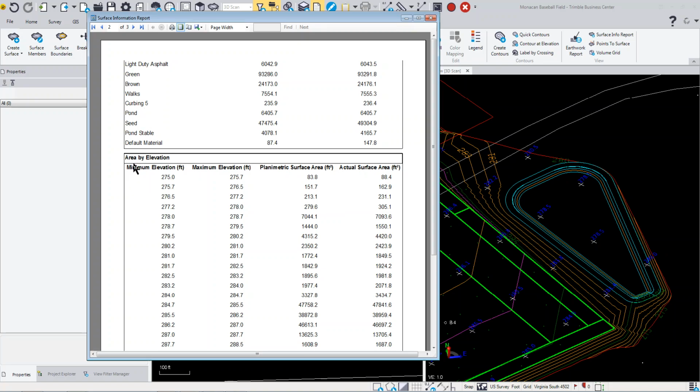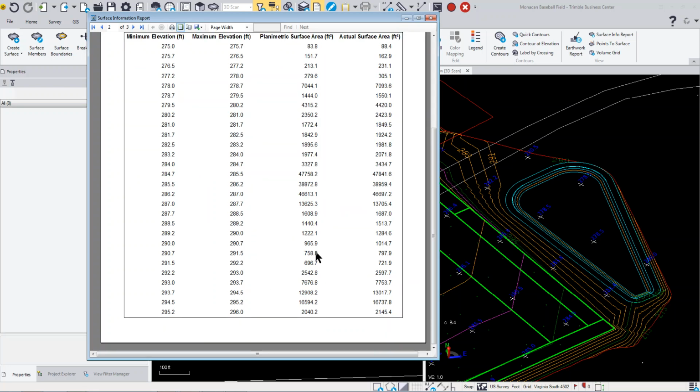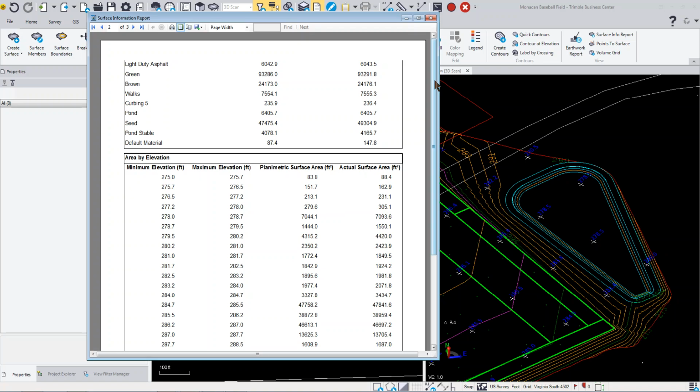And then also a breakdown by the elevation area. So at each elevation, it's showing you the min and max elevation, the planimetric and surface area, as well as the actual surface area. And then the slopes are also defined in here as well